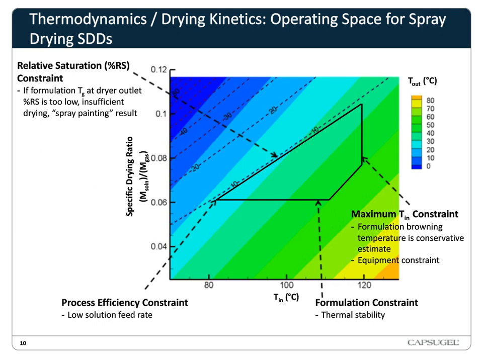The material properties are things like the drugs' and polymers' thermal degradation temperatures, and the resulting glass transition temperature of the dispersion, including the residual solvent, based on the calculation of the relative saturation of solvent at the outlet of the spray dryer. The process is constrained by throughput on one end, and then what we like to call spray painting the dryer on the other end. That is, if you don't dry it fast enough, it all sticks to the sides of the spray dryer. Now within this space, we can start to engineer our particles.